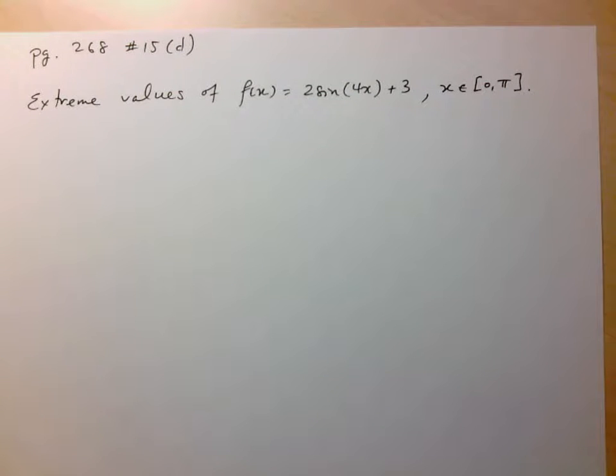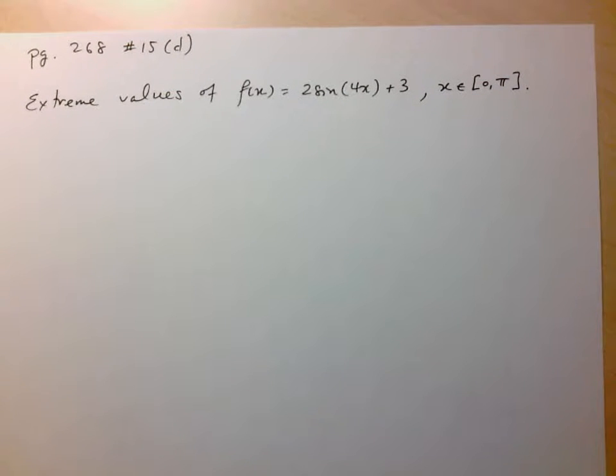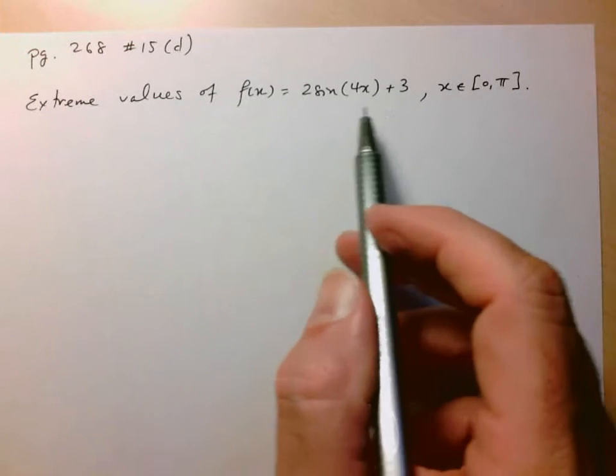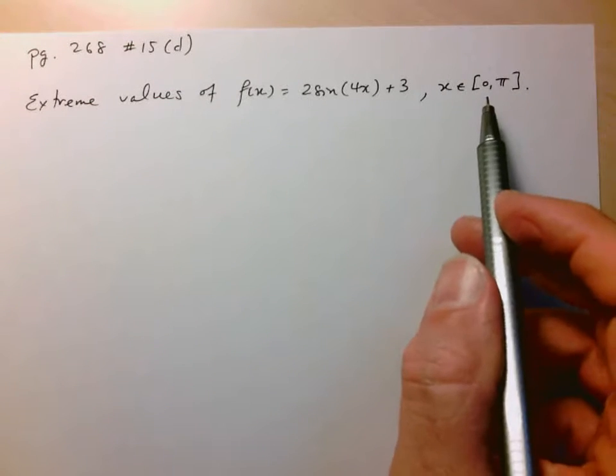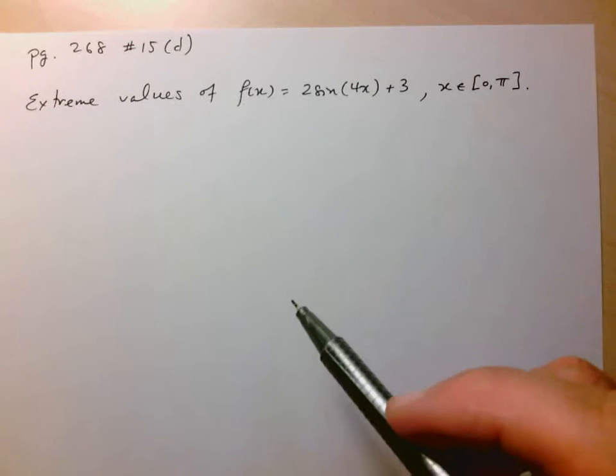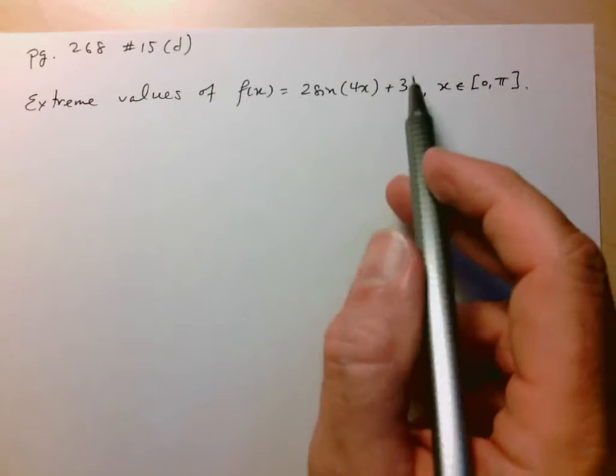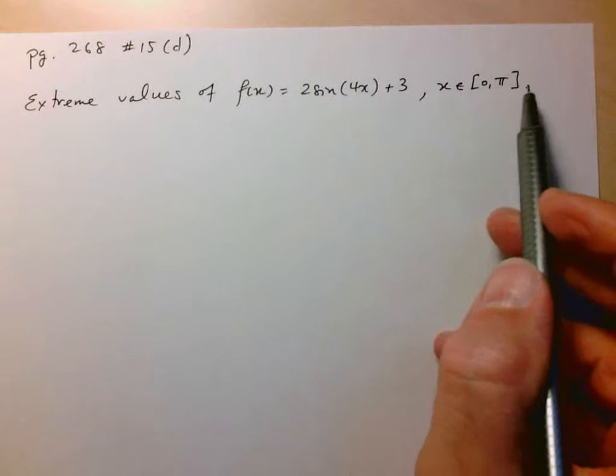Hi folks, we're going to take a look at 15D from page 268. So they're asking us to find the extreme values of this function on the interval 0 to pi inclusive. Okay, so first thing to notice here is we've got a continuous function that's defined over this closed interval, so